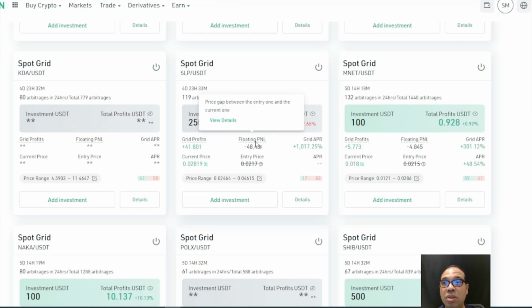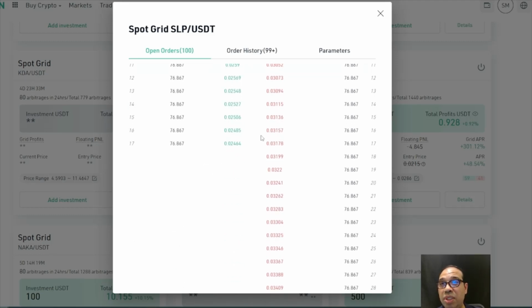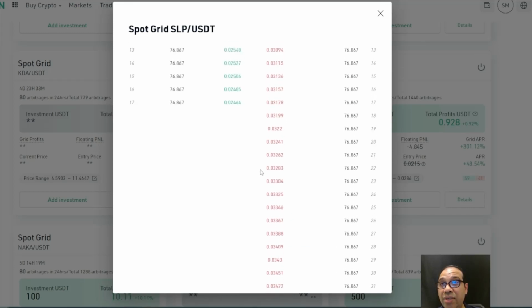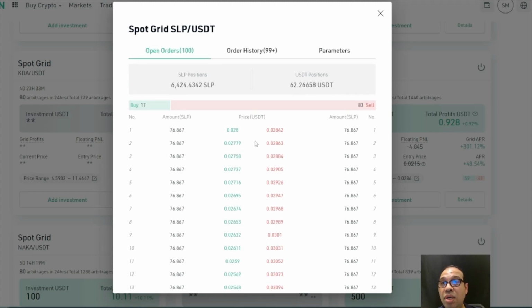Obviously the bot is not going to buy high and sell low. It's going to be buying low and selling high to make your profit. So you click on the details, and you can see how many buys and how many sells there are. These AI parameters are working, and they're doing their own calculations. It has a strategy of how many it has to sell, and it already has so many points ready to be active. Once you see the red and green are all balanced out, you will know it's time to close the bot, when no activity is happening and there is nothing left in that strategy.